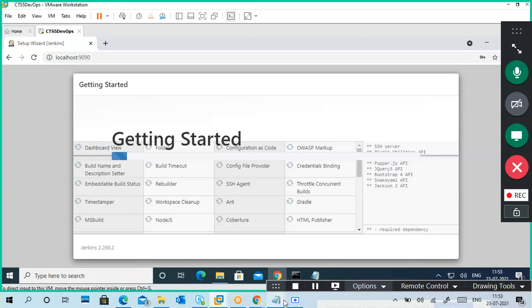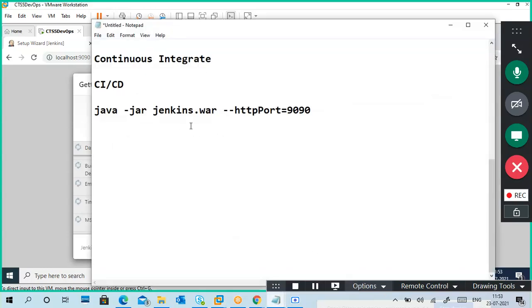So I will explain once what I have done. First of all, I downloaded and installed JDK 11.0.11. 12 is there, so you can try 12 also.